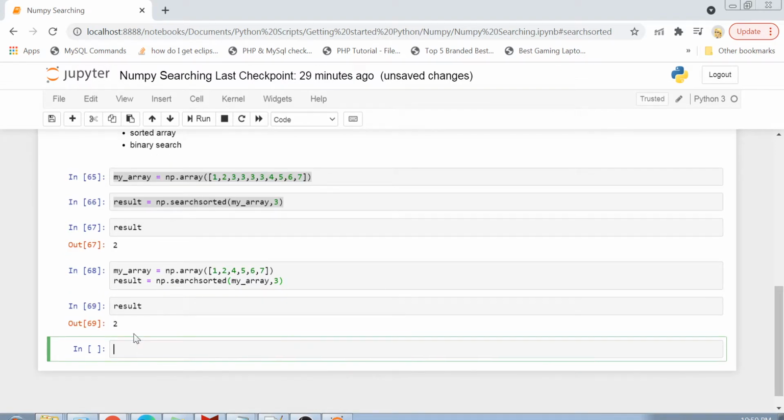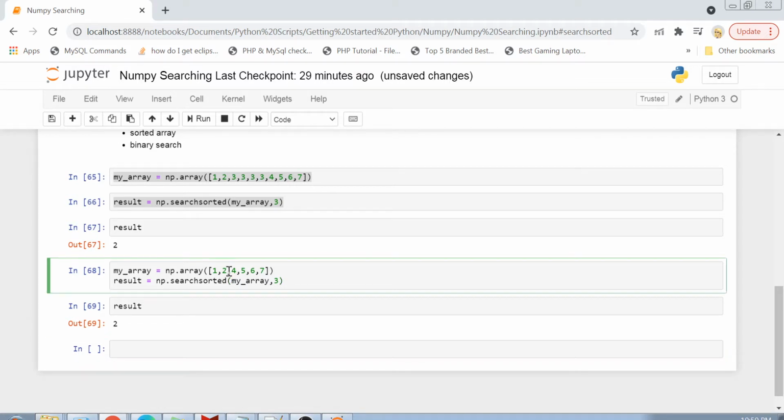So you see your index value is 2. What does that 2 mean? 2 means that 3 is not there in the array, but 3 could be inserted at index number 2. This is index number 0, this is index number 1, and this is index number 2.